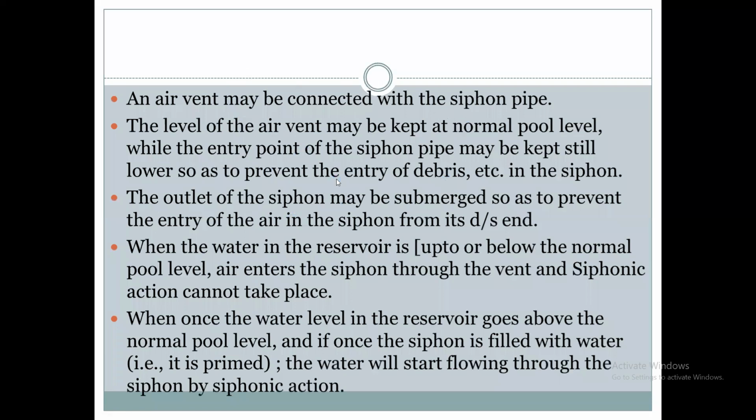We have seen the spillway in the last lecture, its introduction, and its various types. A spillway is a structure which is constructed at the dam site, within the dam body, or at the side of the dam structure for disposing of the surplus water from the upstream side to the downstream side. That is known as a spillway.